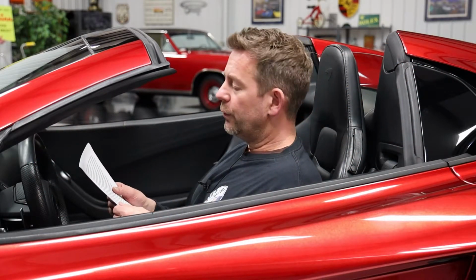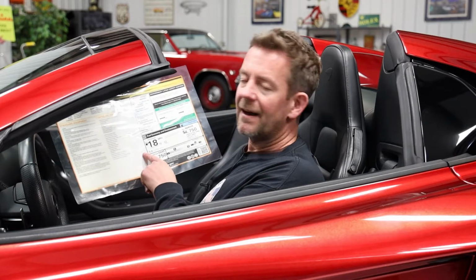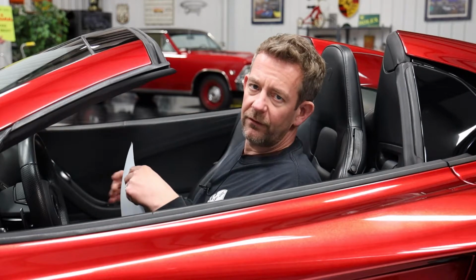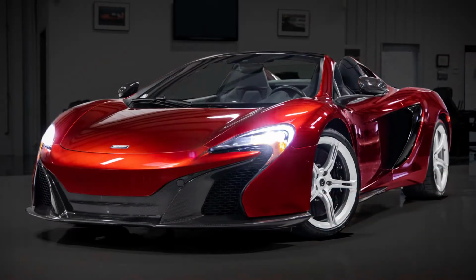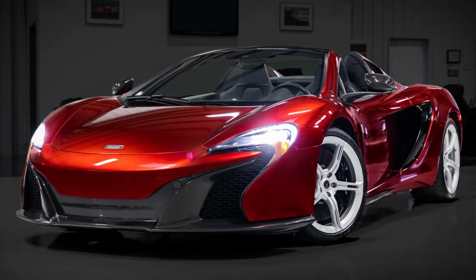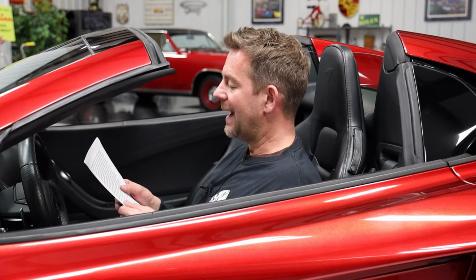As the original window sticker indicates, the MSRP, manufacturer suggested retail price of this vehicle was $310,880. Definitely a premium price for a premium vehicle. It was ordered in Volcano Red exterior, which was an additional $5,690. It was also ordered with a sport exhaust, which is an additional $6,650, and the enhanced technology pack, which was